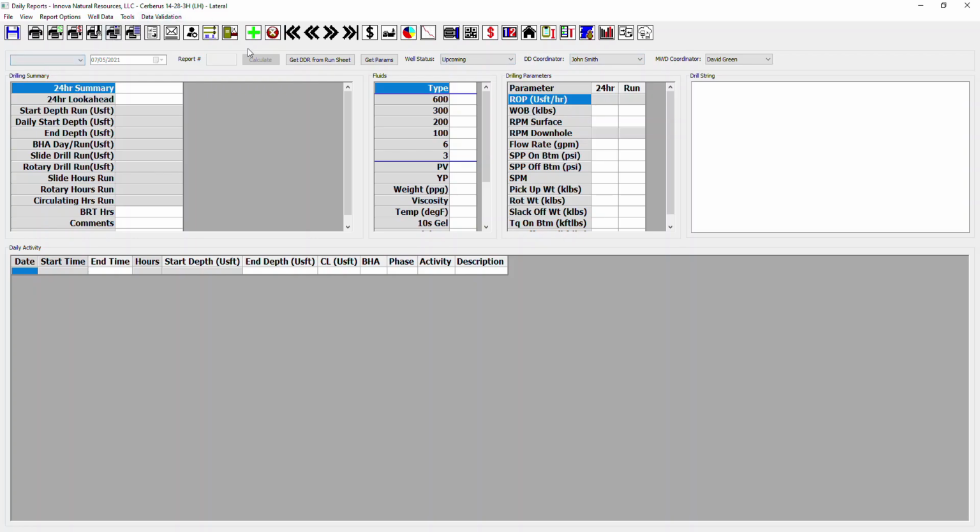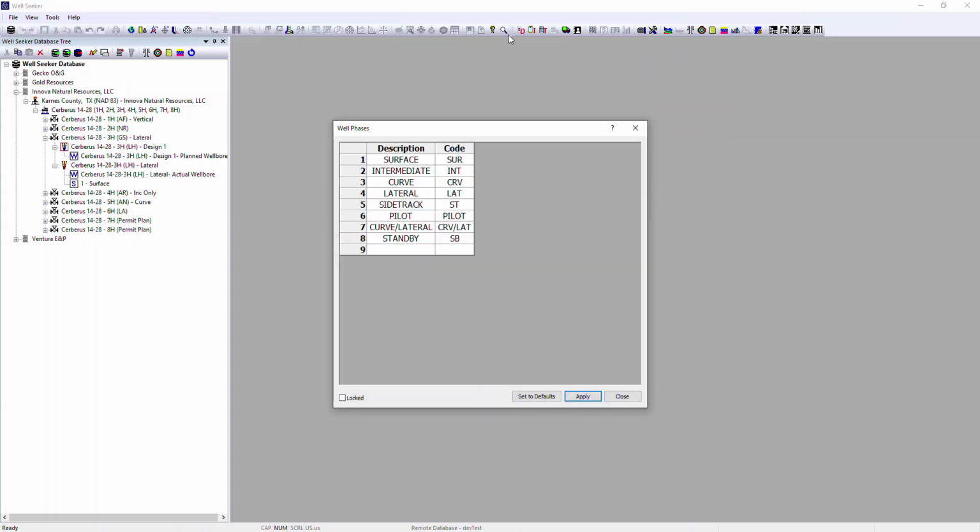We now want to take a look at our activity codes, cost codes and phase codes to make sure that these are all as they need to be for the field engineers, because these are going to be very important. They're selected from the drop-down menus within the daily activity and also within the daily costs, and everything that's available from these drop-down menus is fed from these tables. So the first thing that we'll take a look at here is our phase codes,